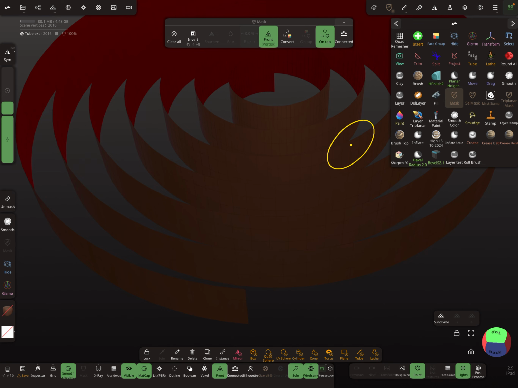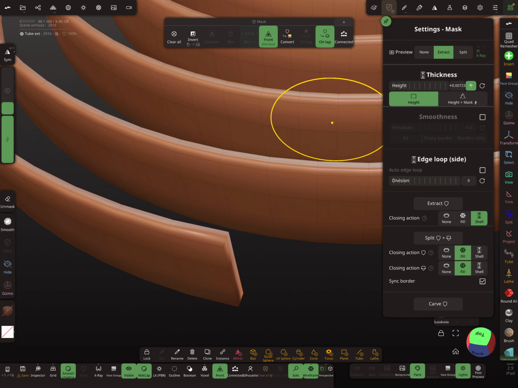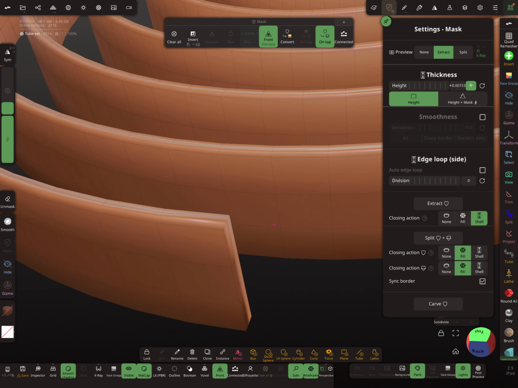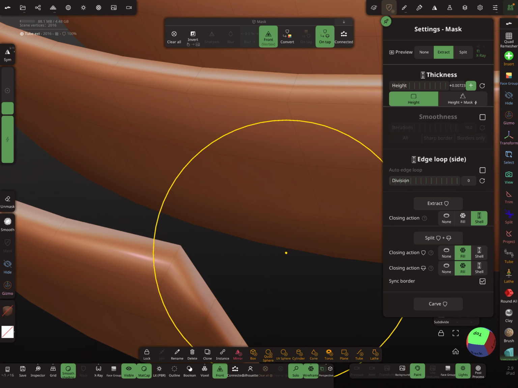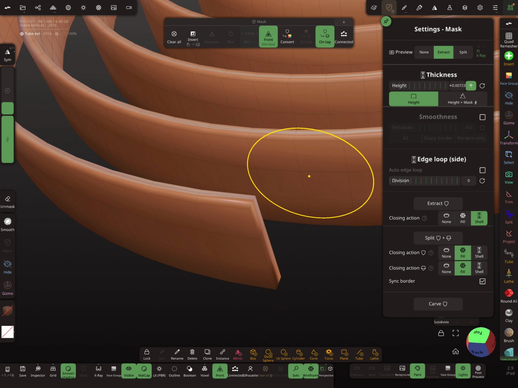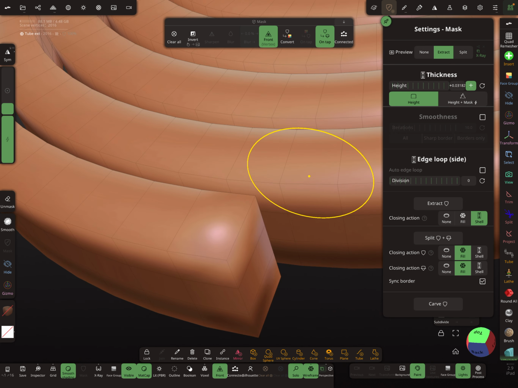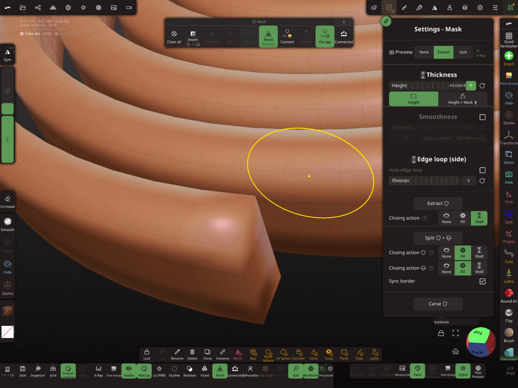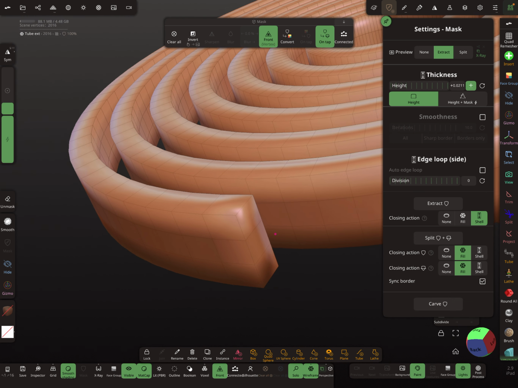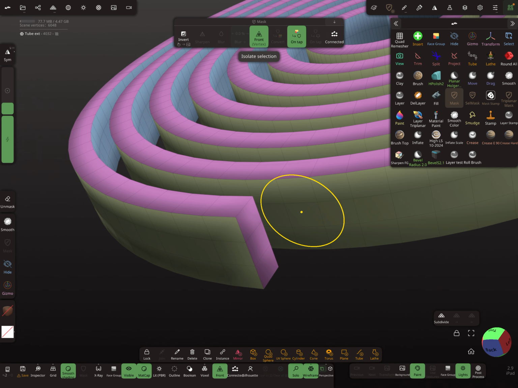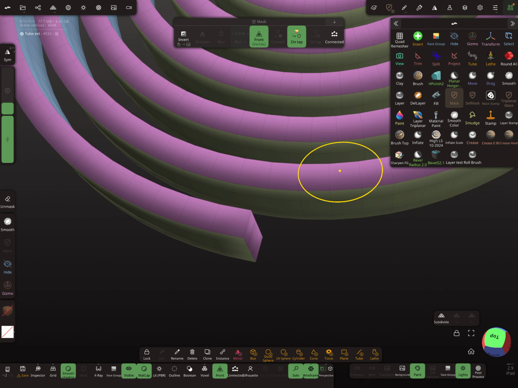Okay, so this here is masked and I extract now the flat band and make sure that the division here is set to 0 when you extract it. And so here you can control the height. This is the radius of your round tube, maybe like this. So I extract this here, and now again we only need